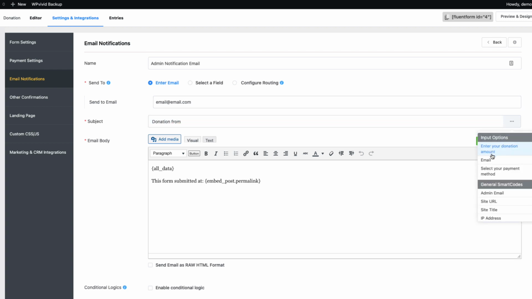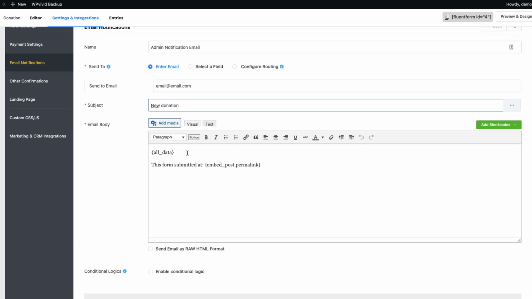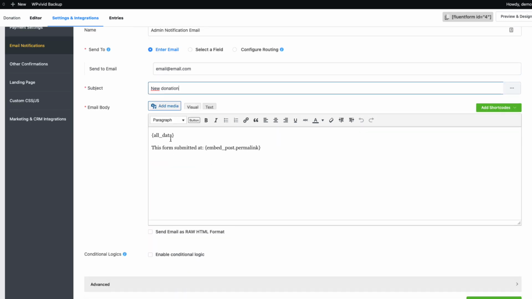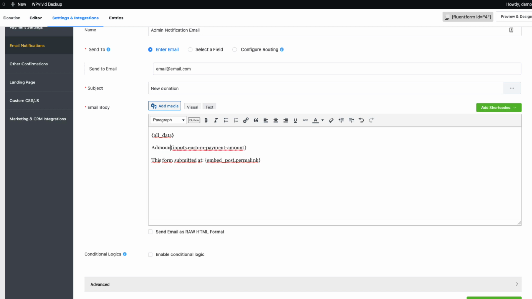Open it up. And you can choose a value from the fields we entered earlier. For example, maybe there is a name field, you can put this one here. But you can just leave it as new donation. Okay, here goes the information sent to your email, all data, or you can just add it as you like. For example, amount, email,